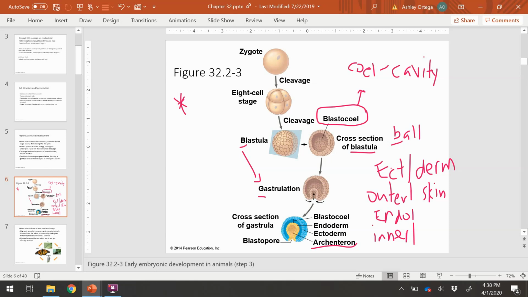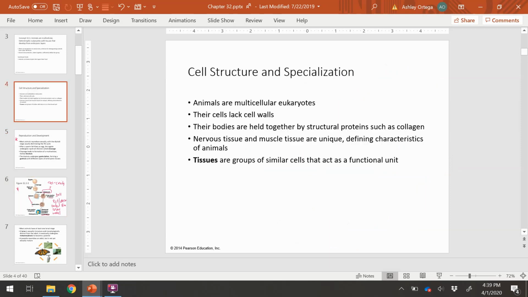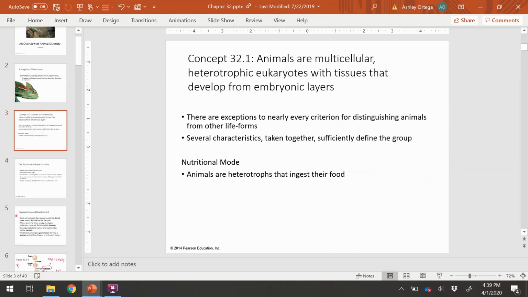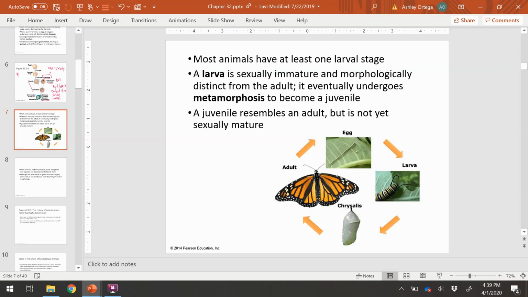Other things that we saw earlier was defining animals. That's something you'll want to know, so I'll go ahead and show you and mark that page. So this is a good page to refer to in terms of definitions. Let's see here. This concept is something you want to know. All right. Didn't get that far. All right. Moving along to